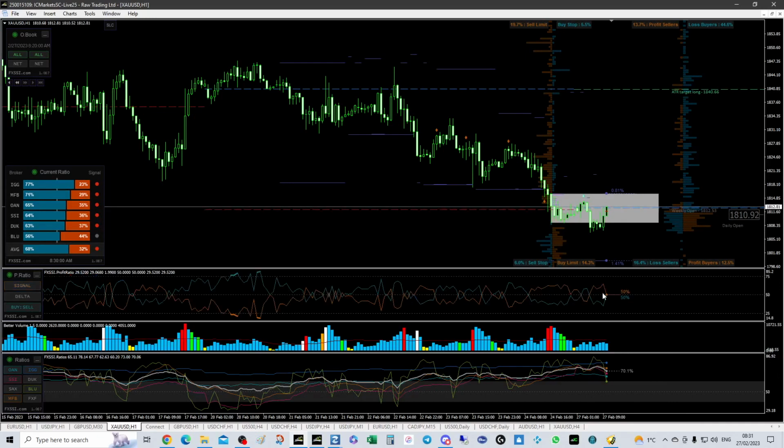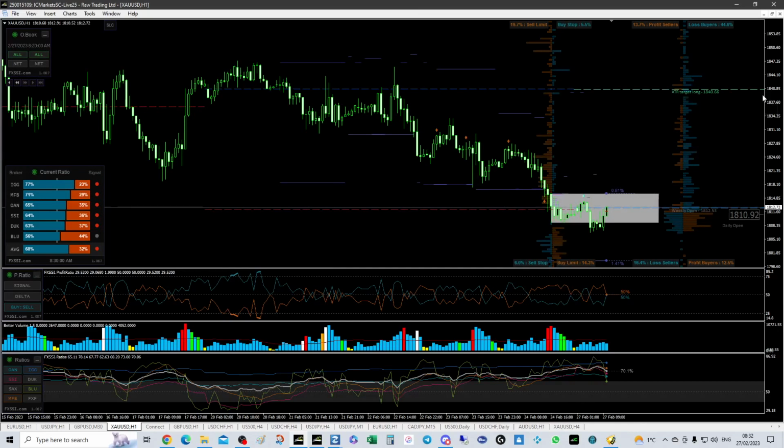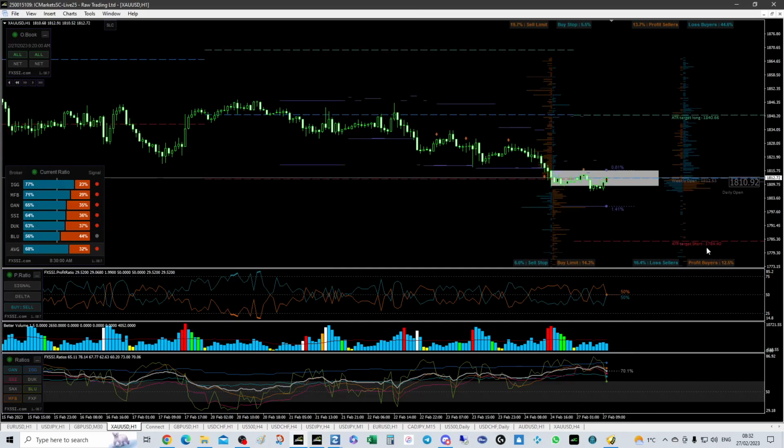And we're going to have an interchange. The profitable traders are going to overtake, the buyers are going to overtake the sellers. So I don't know what's going to happen here. If the stop was up here, then yeah, we'd probably come up and raid it. Then we'll come down to use the box as a support to take the SLC above. There's your ATR target long, 1840, and below is 1784. So a big move, potentially,